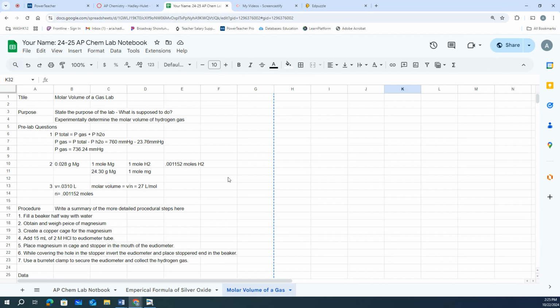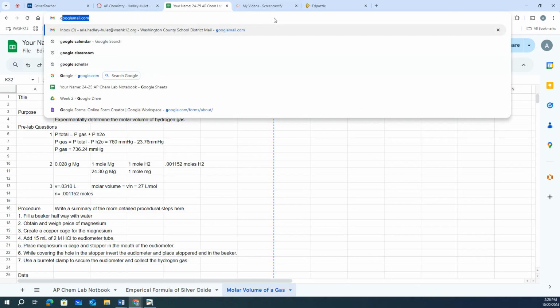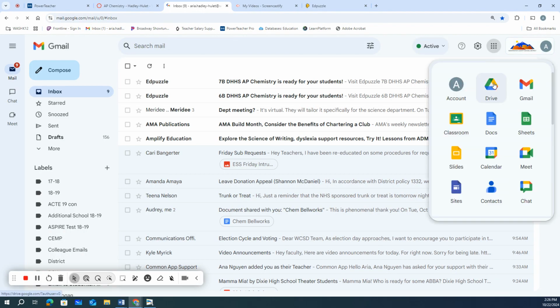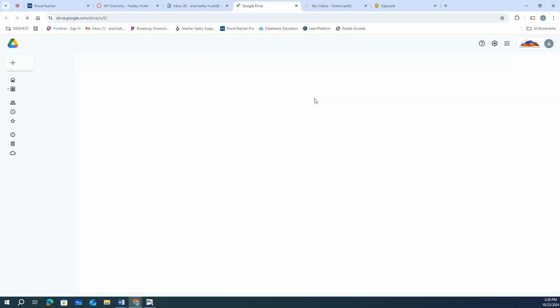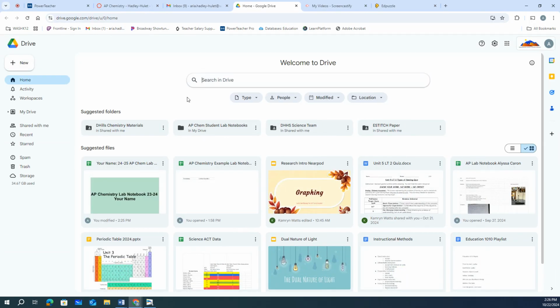Okay, so if you don't know how to access your lab notebook, then what you'll just do is go to your Google Drive, right? So we're going to go to our Google Drive and search 2425 AP Chem Lab Notebook.